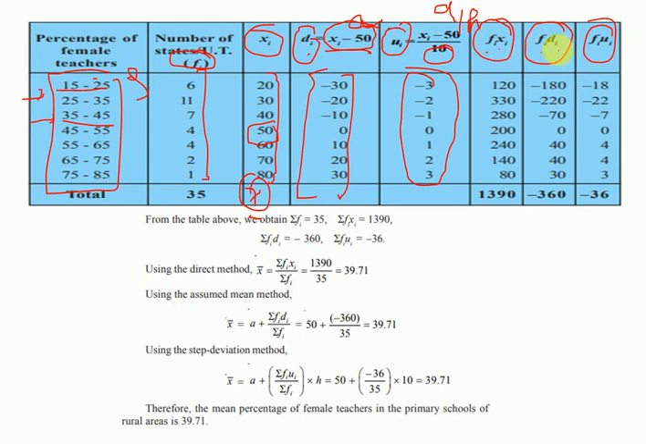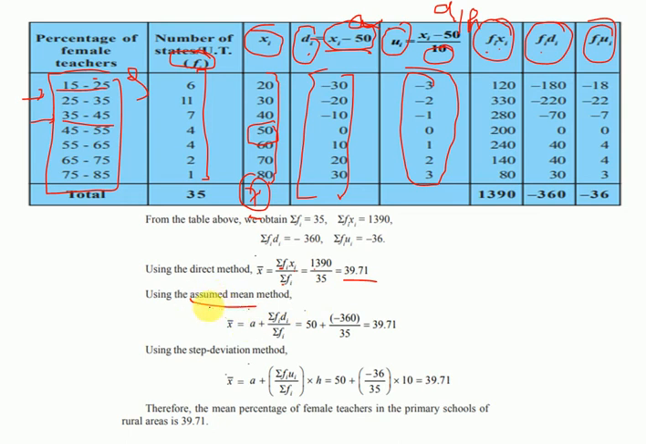Fidi means multiplying frequency and di, and fiui means multiplying frequency and ui. Understood? Now we will get all these values. Now we will find the mean first by the direct method. So this is sigma fixi upon sigma fi, that is 1390 upon